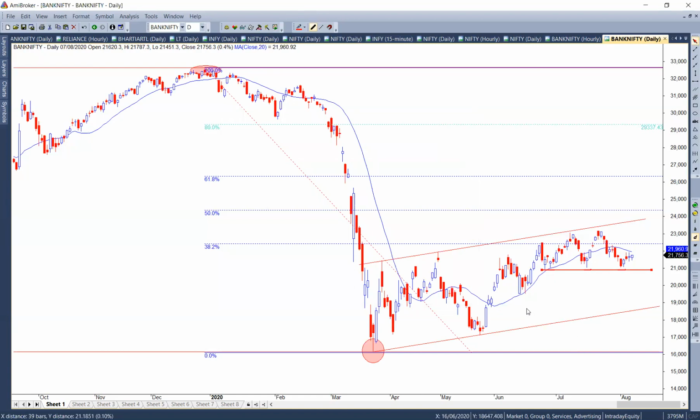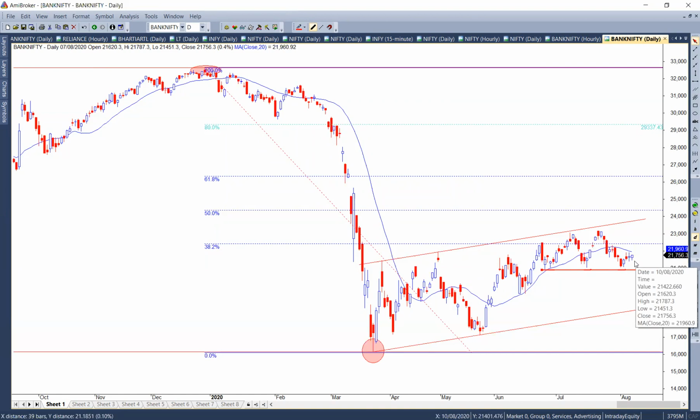So is the 20 moving average a good average in the current trend? Yes, it is in Bank Nifty right now because it provided support here, support here, support here, and then now it's whipsawing. Is it indicating anything? It's just indicating markets are moving sideways right now. It's not suggesting me to probably go short or long. It's just showing me markets are sideways and prices are below the moving average right now.